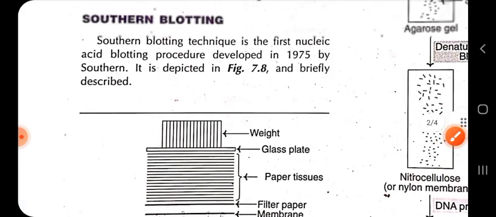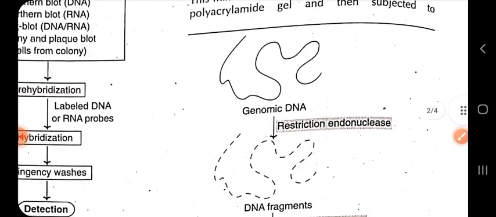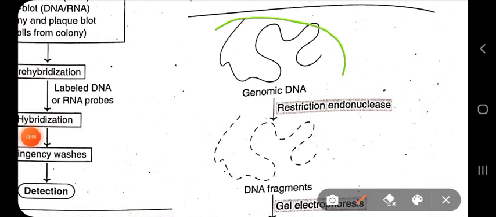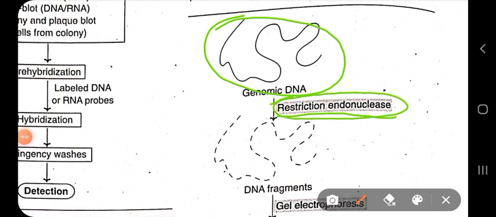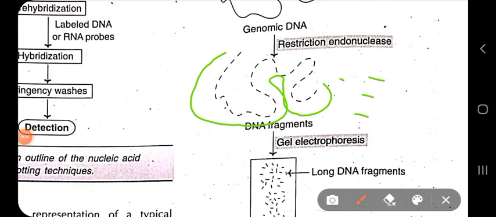So this is the figure, given in a simple way. You can see the genomic DNA which has been isolated. Then, using various restriction endonuclease enzymes, the DNA has been cleaved into a series of fragments. Here the fragments are shown as equal in size, but truly speaking, equal size fragments do not occur, because we don't know where the restriction sites are, and the restriction sites differ between individuals. That's why DNA fingerprinting comes into play.